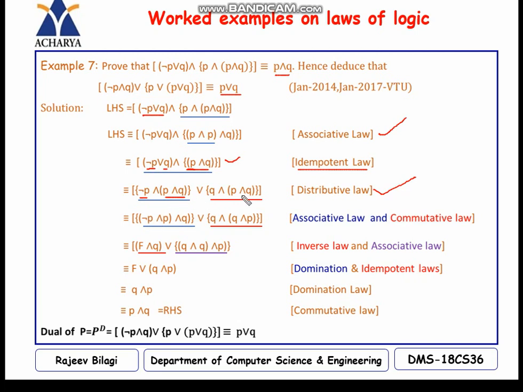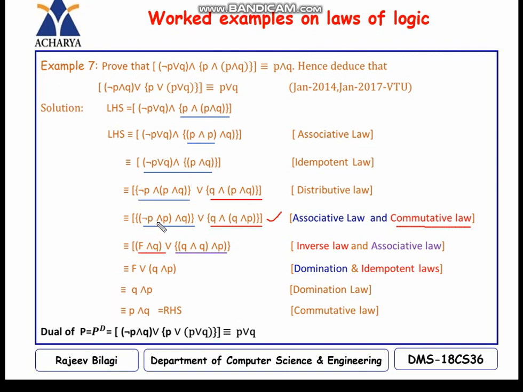After applying the distributive law, again I can apply the associative law in this step. So the negation of P and P, I will put a bracket for this, and Q. Here I have applied the associative law. With the OR operator, if you look here, P and Q is there, then I have changed it to Q and P. I can write it as the commutative law. Underlined with red, this corresponds to this particular law.